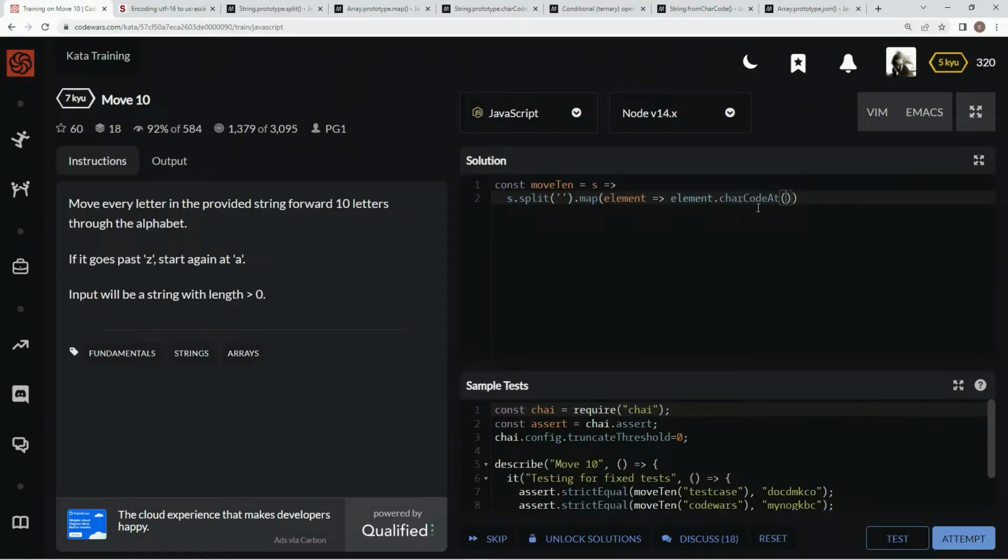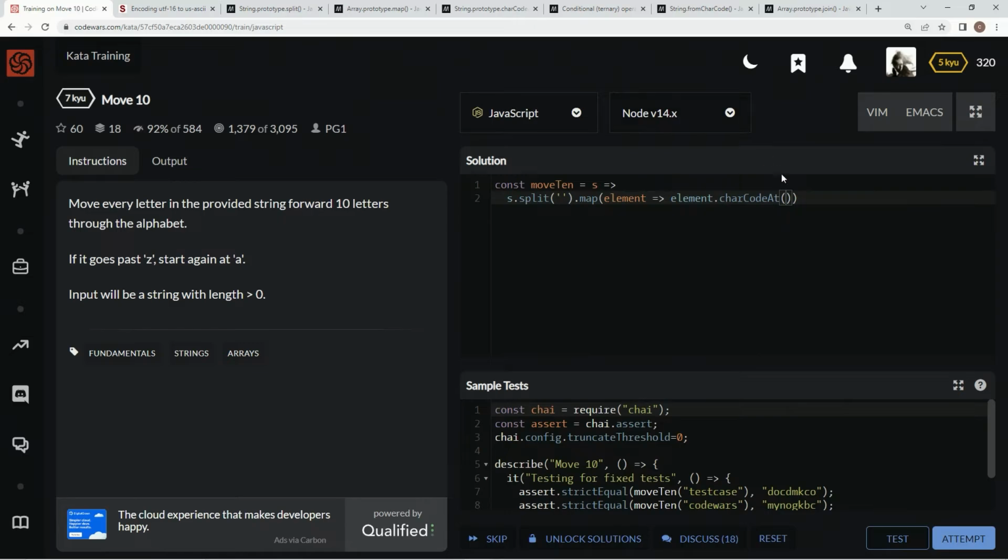So basically it's just going to give us the char code, and depending on the letter, it's going to be up to wherever Z is, up to here, 122. So we're going to do that, and we're going to say if that plus 10 is greater than